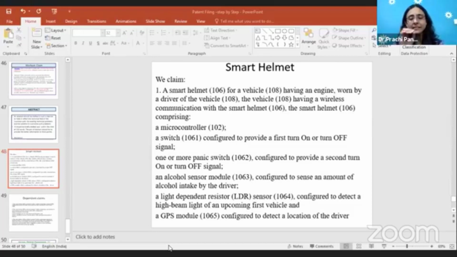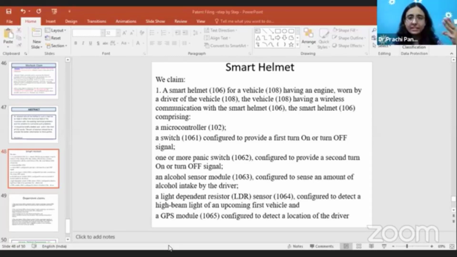They have written each and everything using the proper syntax, and then later on they have thoroughly joined them to make a single inventive concept. It is very important that each and every component must be for the helmet, and all are working together to give some advancement to the helmet. So this is not a multiple invention. Actually, this is a smart helmet in which all the components are interacting and working to give you a common goal, and the goal is already written in the objective.